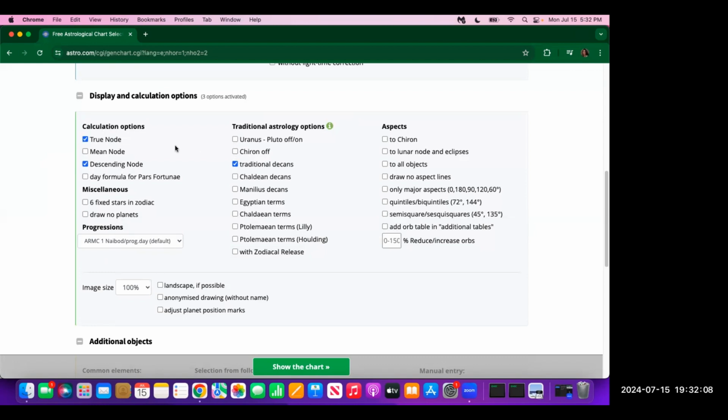So if you want to check them off and cast your chart the same way that I cast my chart, you're welcome to. I am able to talk about it and teach about it in the future. So if you want to be already set up for that, then you could check these off, but you don't have to. If you want to keep it simple, if you want to keep it clean,